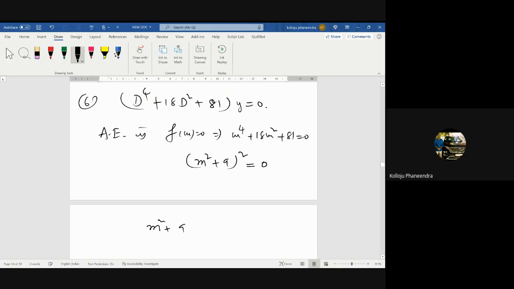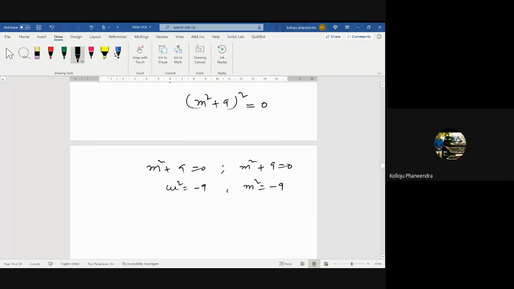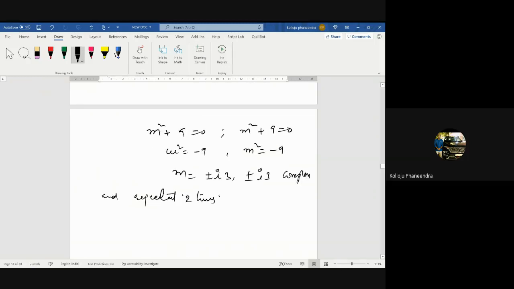That means m square plus 9 equals 0, so m square equals minus 9, negative 9. So m equals what? m equals plus or minus 3i, and here also plus or minus 3i. Complex and repeated. Totally how many roots? 4 roots I got, right? Complex and repeated how many times? 2 times. Therefore the solution is